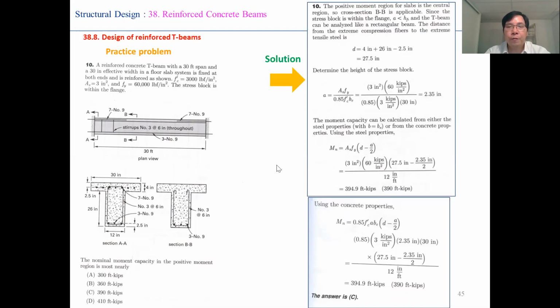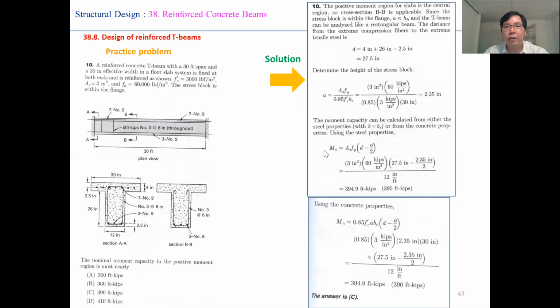So for resolving this problem, I show you here the solution. Firstly, you can calculate the distance from the extreme compression fiber to the extreme tension steel, d. By this equation, you can find d equal to 27.5 in, and after you can determine the height of the stress block a by this equation, and after you